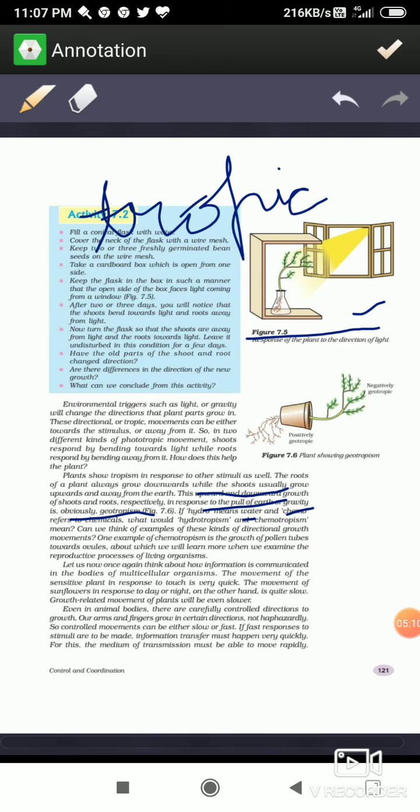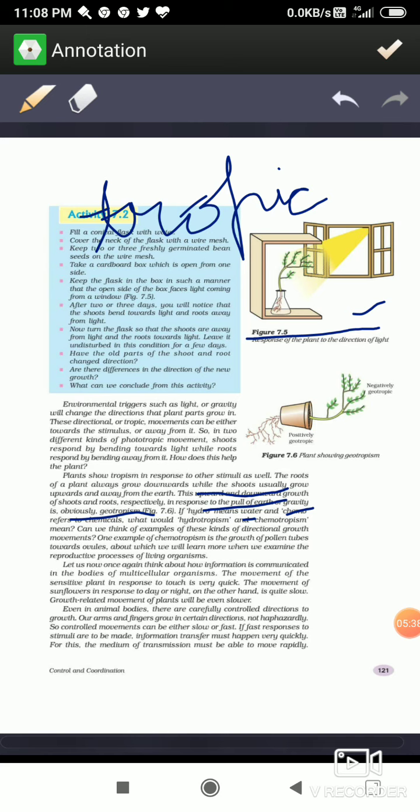And as soon as you keep the plant near the window, as soon as the sunlight enters into the room, you will be observing that after a few days, or after 2-3 days, the plant will be seen bent towards the light source. यानी आपने जिस विंडो के पास प्लांट रखा था, पॉटेड प्लांट, वो आपको जहाँ से लाइट आ रही है उस तरफ आपको बेंड, झुका हुआ नज़र आएगा.